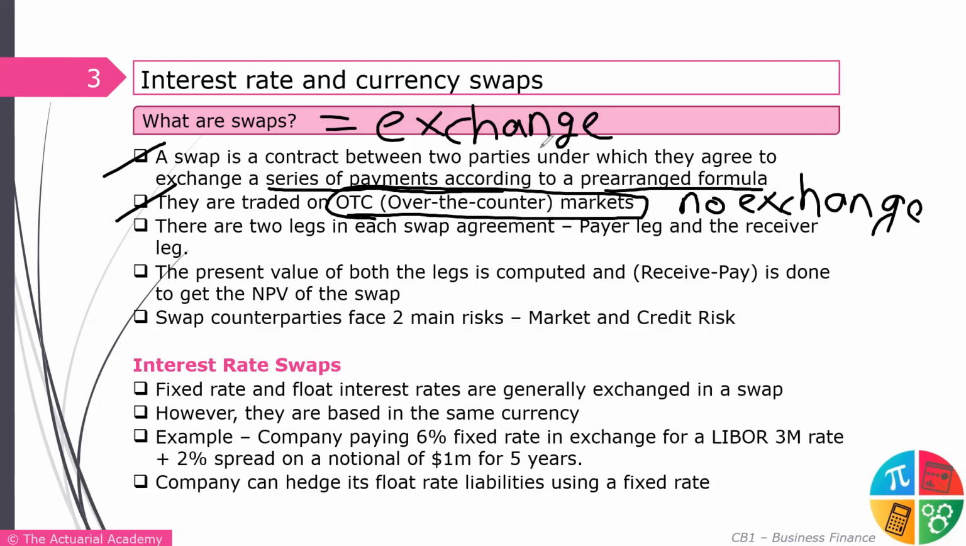There are two legs in each swap agreement. There is a payer leg and there is a receiver leg. Because like I mentioned, you are paying something and you are receiving something. You are paying one amount, you are receiving another amount. Those two amounts are based